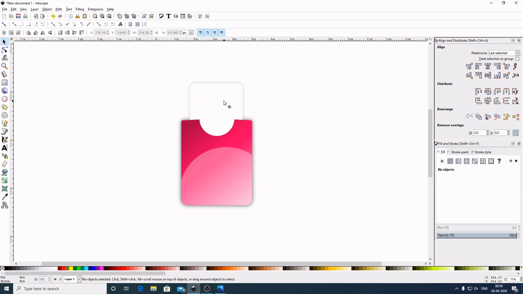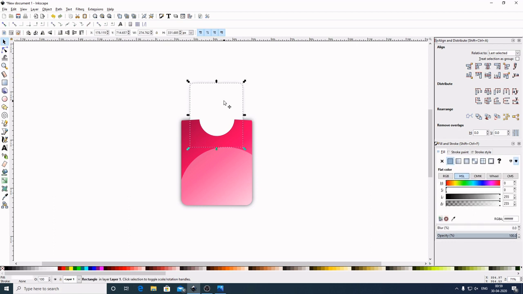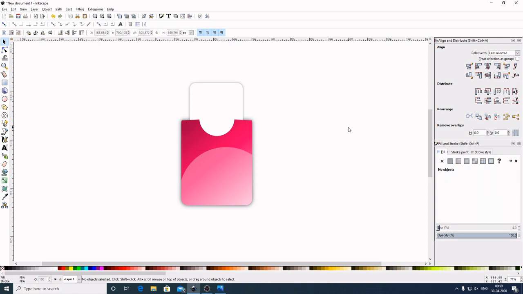Now I will select this white graphic. Now by holding Alt on the keyboard, I will click one more time, so we select this lower graphic. Now come here to the blur, increase this to the, or what we can do, come here to the color. Let's give this one a 40% gray. Now it looks good. Now select out of the graphic to deselect.